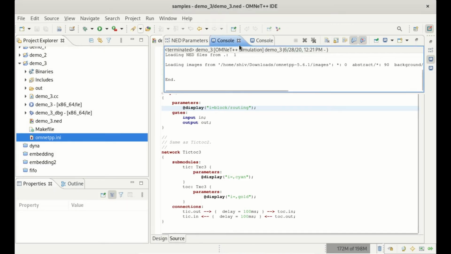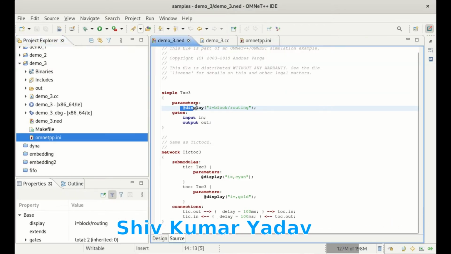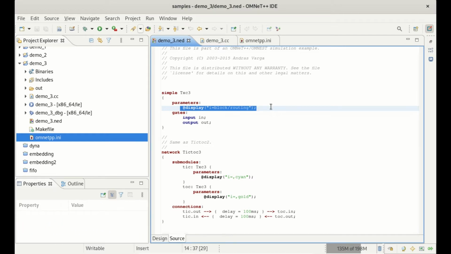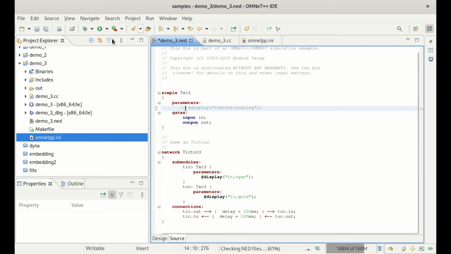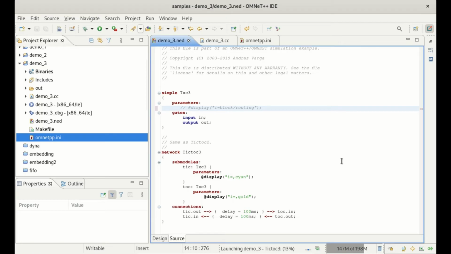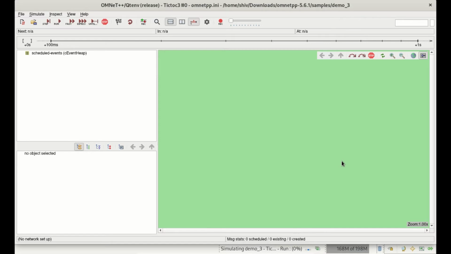So this @display makes some symbol in the user interface for our module. Suppose that I am commenting on it. Okay, I am commenting this @display, and now I am running the program again. Save, it will build the program and run.